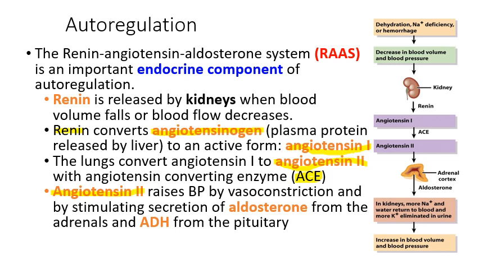pressure. So it raises blood pressure by doing a few different things. It's going to increase vasoconstriction. Remember that if we constrict the vessels, then we increase the pressure. It's also going to stimulate the secretion of aldosterone from your adrenal glands. Remember, aldosterone is important in electrolyte balance. So if we're maintaining some of these electrolytes, some of these ions, like salt, for example, that's going to help